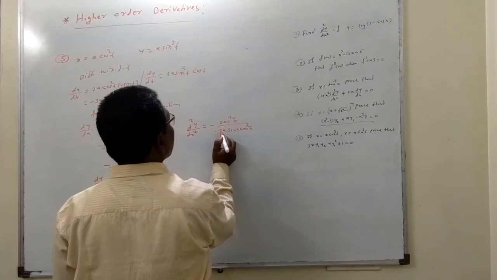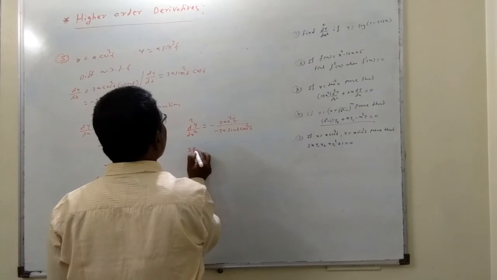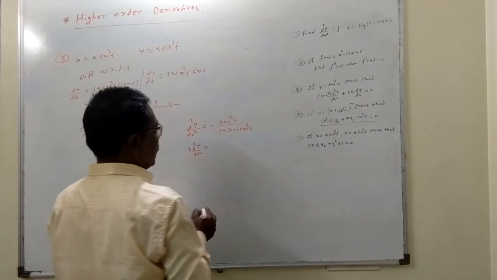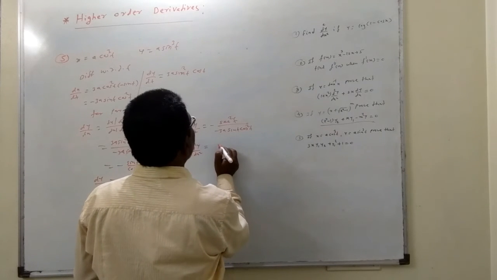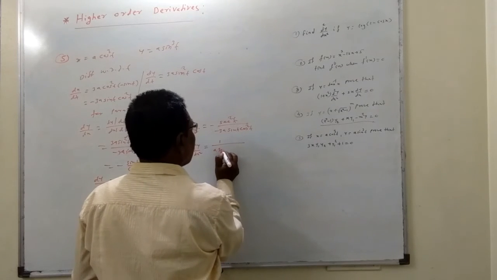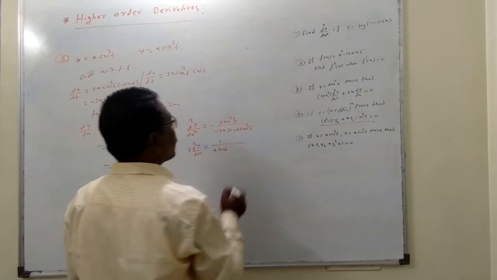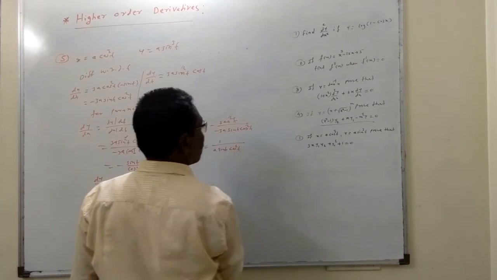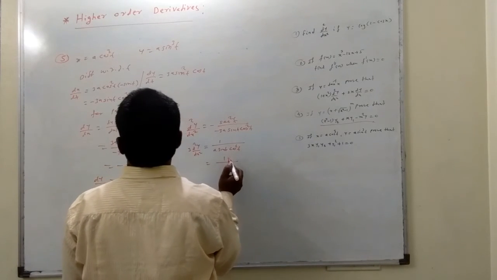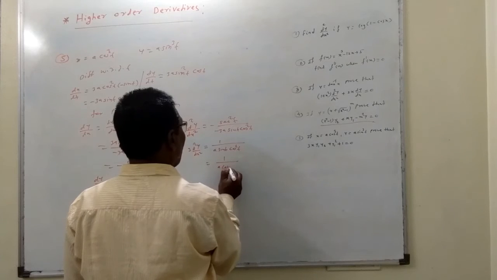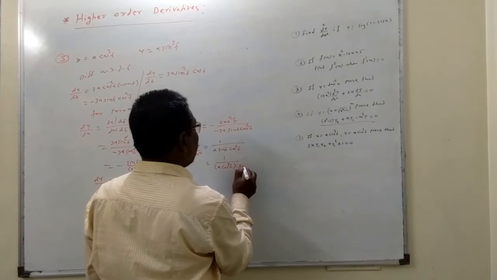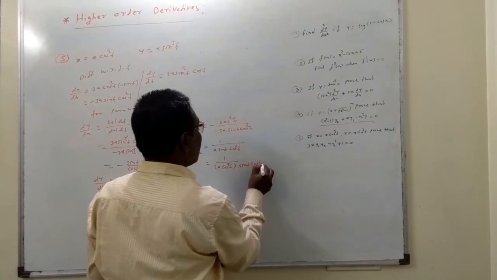So minus, minus plus 3 will take on this side. So 3 d2y by dx square equal to 1 upon a sin t. Now sec square means 1 upon cos square, so cos raised to 4t. So that is equal to 1 upon a cos cube t, because x is equal to a cos cube t. Now remaining term sin t and into cos t.